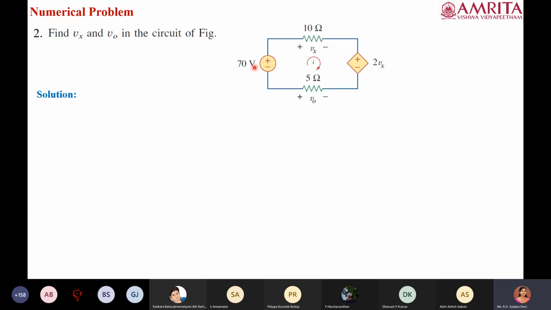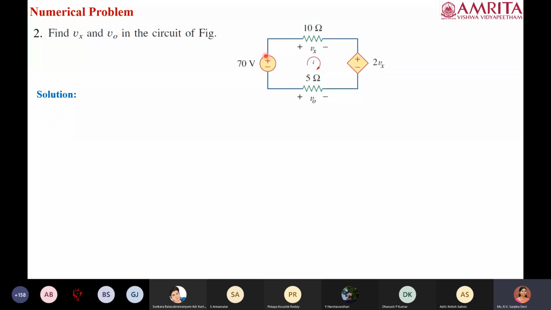Now, with that convention, how do we write the KVL equation for this loop? As I told you, I am following the convention that I take the polarity from where I am leaving that particular element. I am comfortable with this, which is why I use it, so I will follow that convention. Students following the other convention can do it in your own way. It is not a problem at all, but if you want, you can adapt to this one also. So for this circuit, let us write the KVL equation.